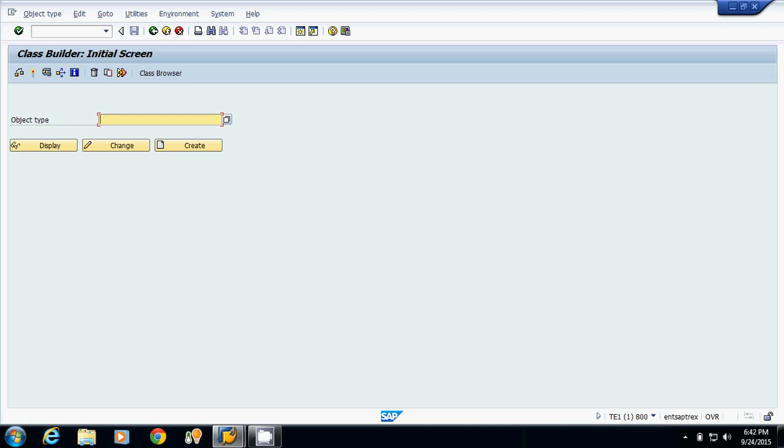As I am creating a customer-specific object, its first letter starts with Z, and after that I have to write the CL keyword. Whenever I am creating a persistence class, it is compulsory that its name starts with CL. Suppose my class name is ZCL underscore employee updation.